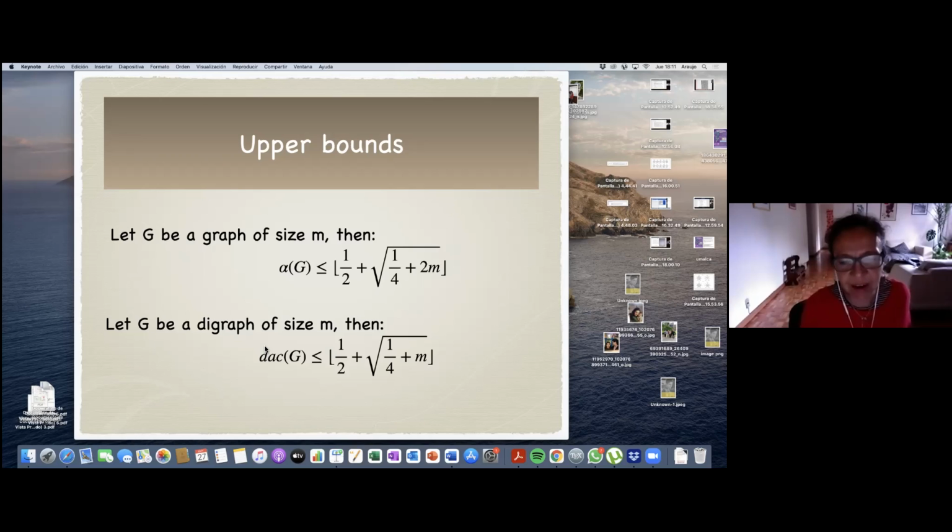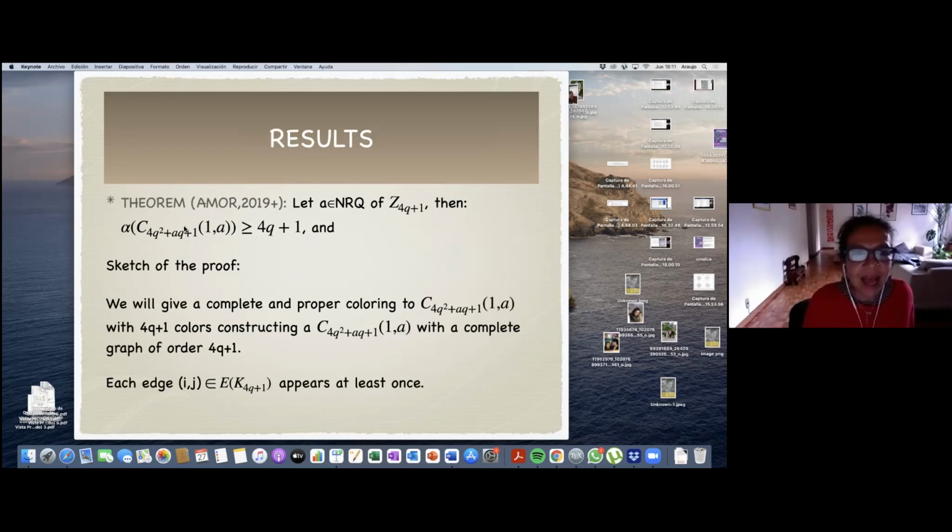And here, the upper bound is related with the number of edges that you have here, and that is also easy to calculate because this value over 2 is smaller than the number of edges, and you make the arithmetic there, and you obtain the upper bound. That is really easy. But this is our theorem, and this is a coloration,